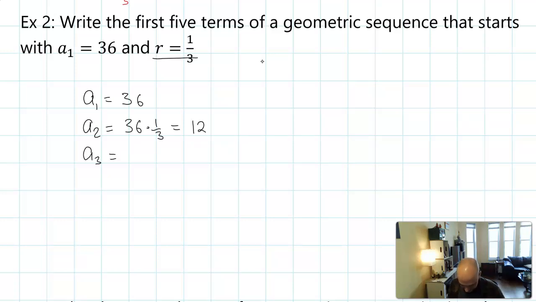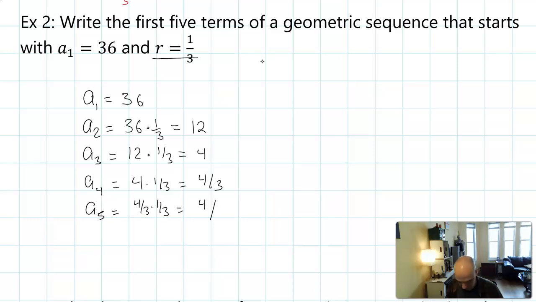A3 is going to be 12, the previous term, times 1/3 again. This is kind of using almost like a recursive definition. Well, 12 over 3 is 4. The fourth term would be 4 times 1/3. Okay, now it's just going to be a fraction, so 4/3. And the fifth term would be 4/3 times 1/3,